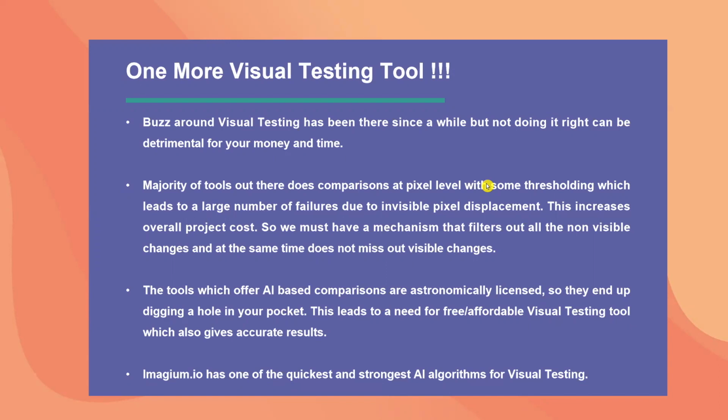At this point of time, I wouldn't shy away from saying that Imagium has one of the quickest and strongest AI algorithms for visual testing. Without bragging, I would leave it to you to try it out and see the difference. So let's move on to the next